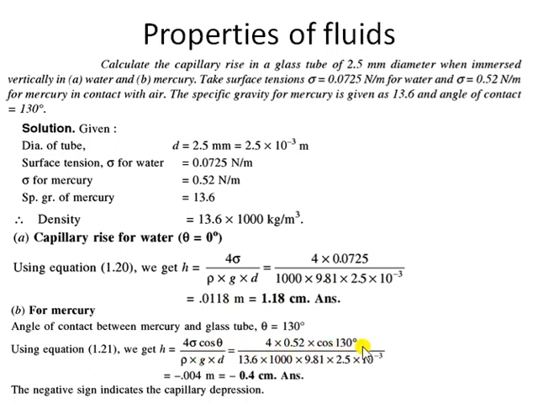If you substitute all the values here, you will get the value of h to be minus 0.4. Now what does this minus represent? The negative sign indicates that there will be a fall in the capillary tube. So in mercury, as we have discussed, there should be a fall, and that has been represented in the numbers also. You will get the answer in negative, because cos of 130 is a negative value. This kind of question you may get on capillarity. I hope you got it.